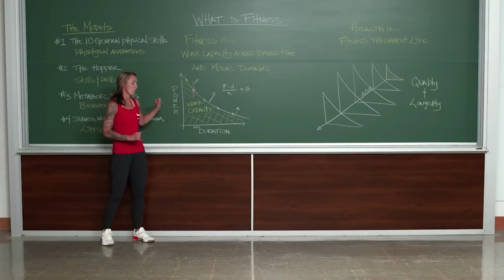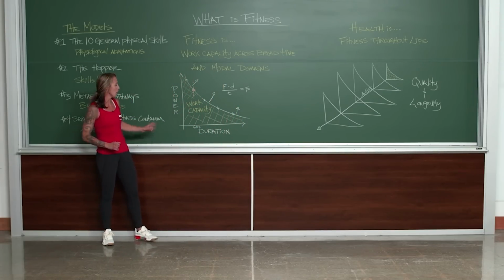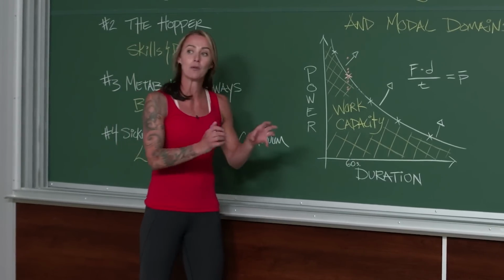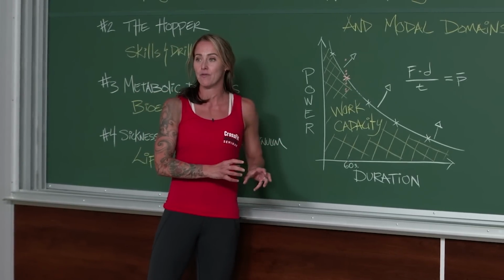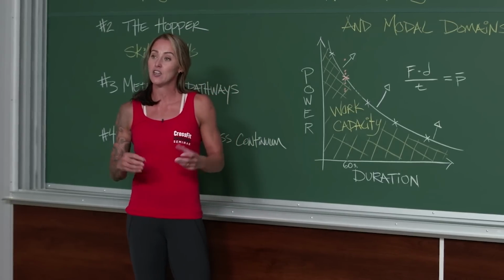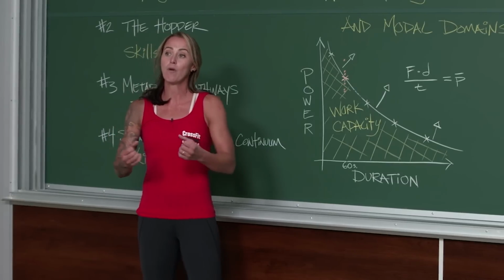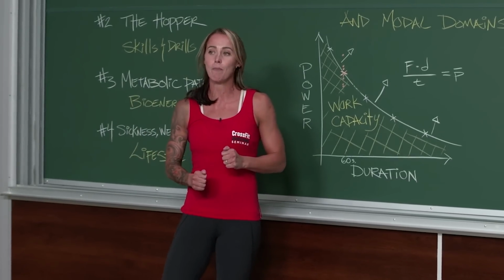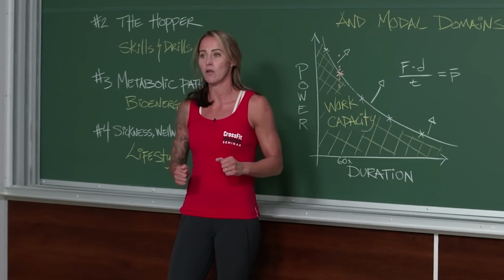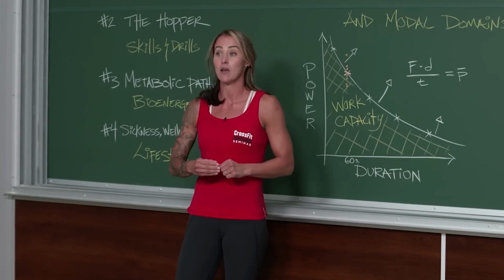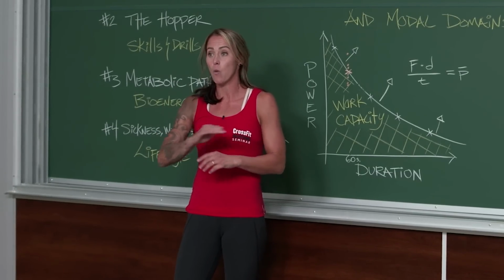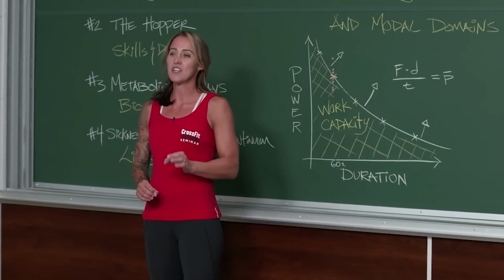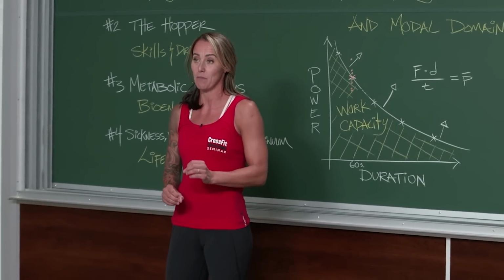On the graph here, we have a y-axis that represents power, and we have the x-axis that represents duration. And we have to plot data on this graph. Now, what is that data? It's your workouts. So if we pull from the What is CrossFit lecture, we had an individual weighing in at 200 pounds, about 6 feet tall, traveling 2 feet every rep for 60 reps over 1 minute, the power equation, that gave us 24,000 foot-pounds per minute.